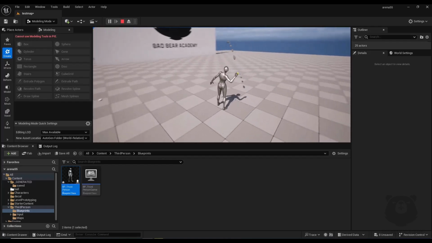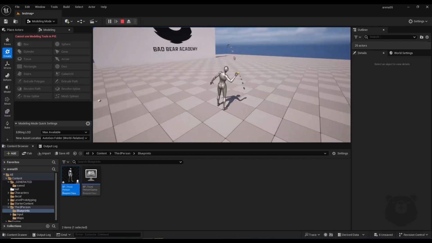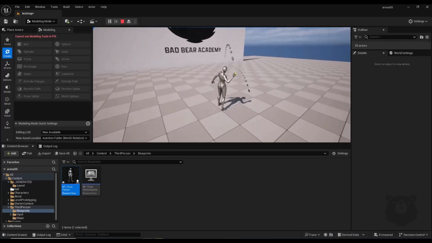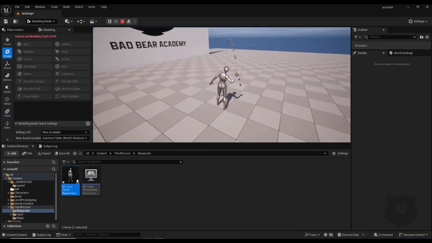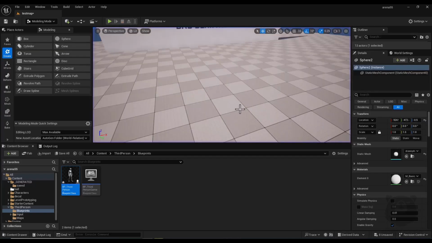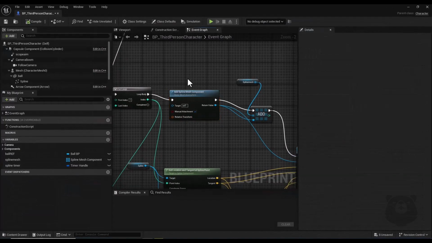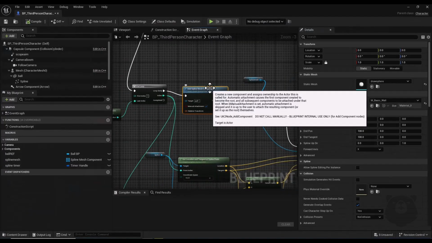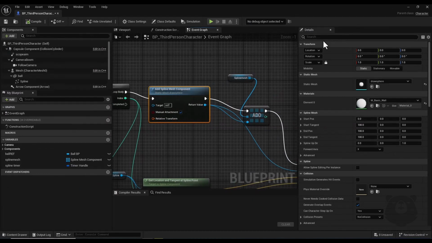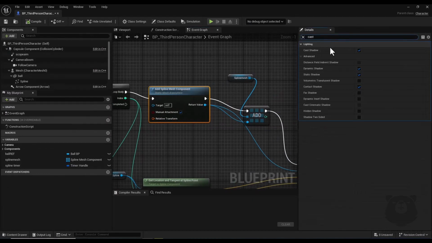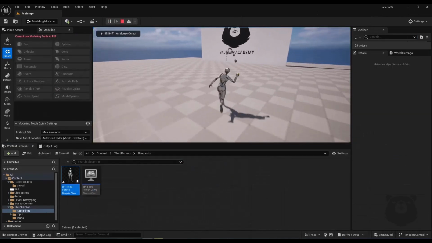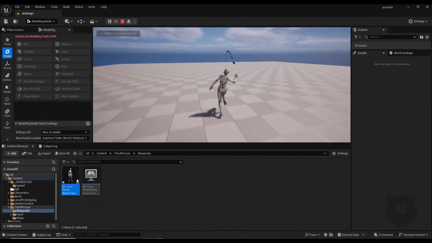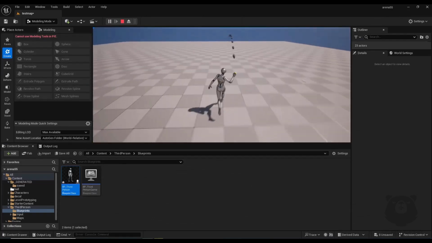But there is still a problem I have with this prediction path, and that is the shadow that you see in the video. So here now I open up my character blueprint, and here I select this node, add a spline mesh component, and here I search for cast shadow, and I set it to false. Now I compile and run the game again, and here as you can see now I don't have any shadow for my